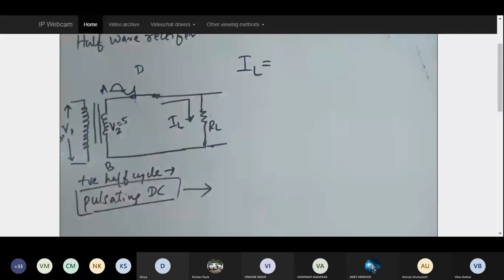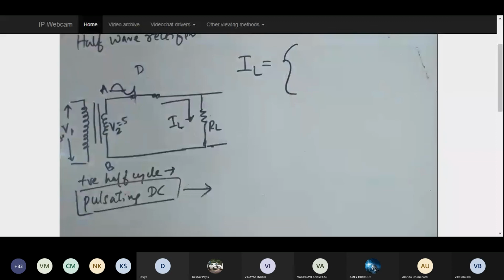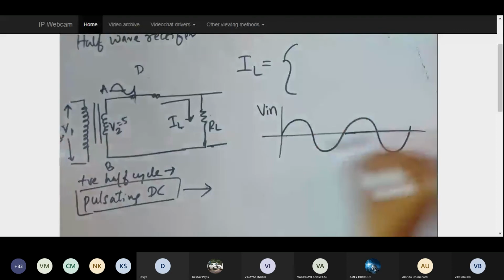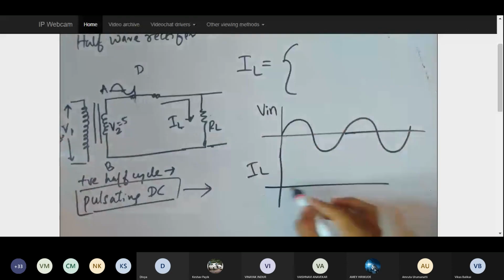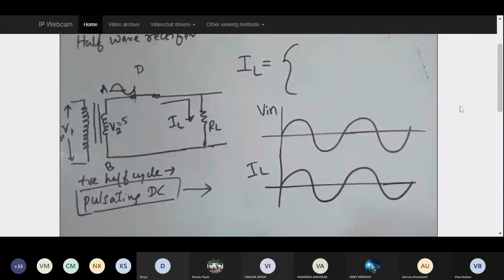What will the load current equation be? So load current is basically also a sinusoidal current, because I showed the graph, it is also coming as a sinusoidal current. Just as the input voltage moves in a sinusoidal form, the output current also comes in the same form. So if input is in the sinusoidal form, load current will also be in the sinusoidal form. But the difference is, my current does not come in all cycles. When does the current come? Only when the diode is forward biased, which means I won't be getting current over here and I won't be getting current over here.